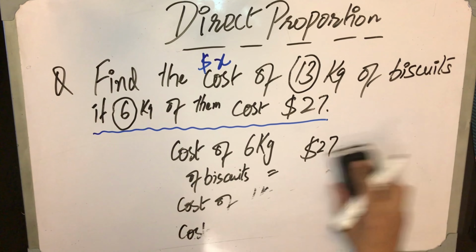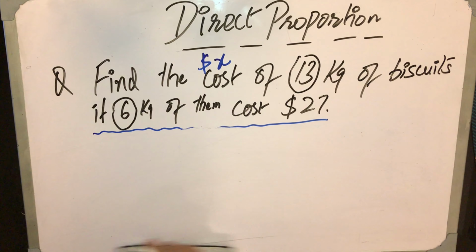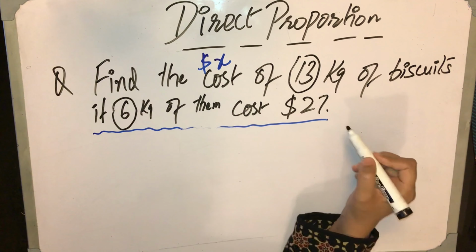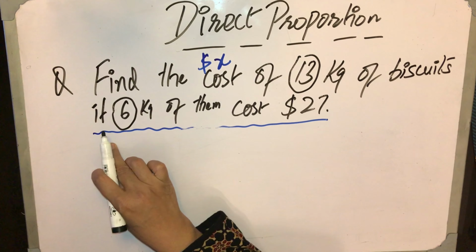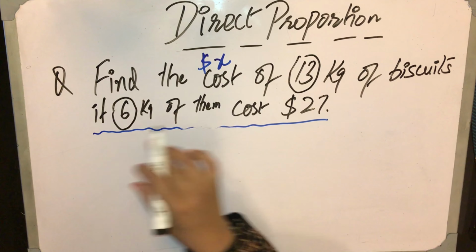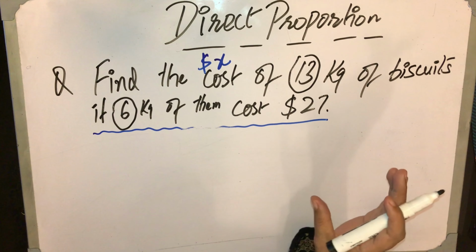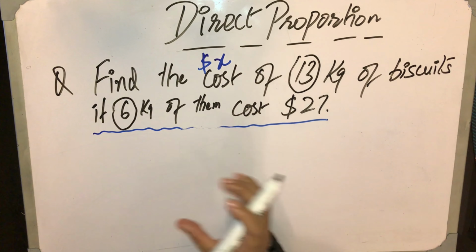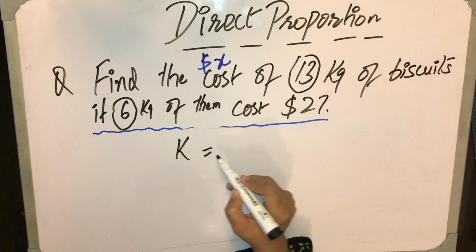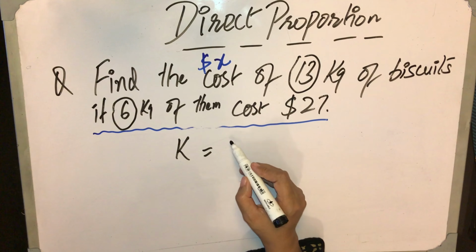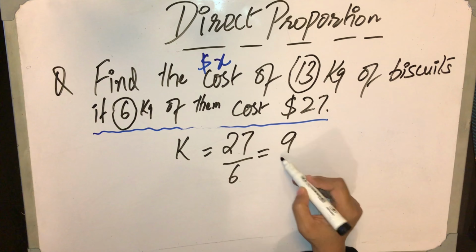$58.50. Okay, now if I apply the third method, which is the topic for today, the K method, I shall use this statement and I shall find a rate, a relationship, a constant from these two terms. And how shall I find that constant? I shall see that basically the cost of 6 kg is 27. So I shall have a K, a constant of the situation, that in $27 there are 6 kgs. So 9 over 2 is my K.